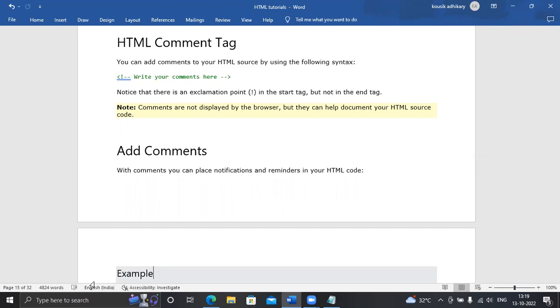For your help, if you want to write something, suppose you are learning HTML5 today and coding all the tags, and you want to make a comment for your own purpose, so you can understand it later. Let me show you an example.